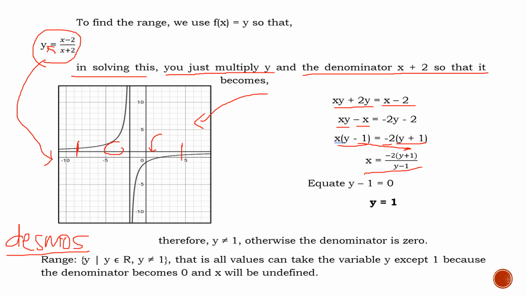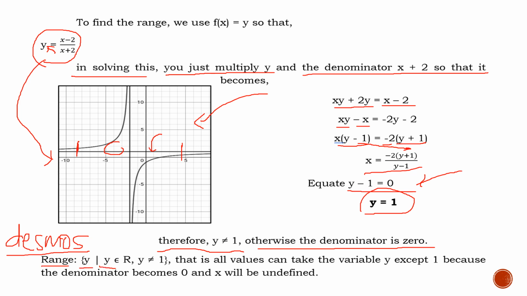If we're going to equate now your y minus 1 equal to 0, that is the process, no? We just equate your denominator equal to 0, and your y now becomes positive 1. Therefore, y is not equal to 1. Otherwise, the denominator is 0. So if y is equal to 1, then your denominator is equal to 0. So we can move forward with your summary now, that the range now is y